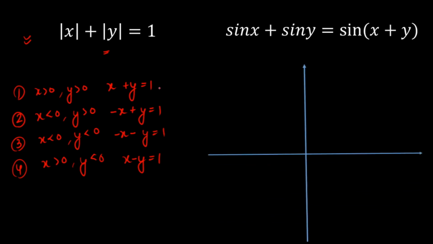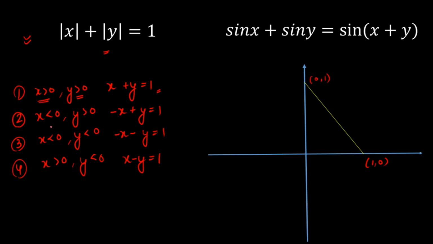Now if you look at the line, x plus y is equal to 1 is a straight line, and this is only valid when x is positive and y is positive. That means I'm entering into the first quadrant. Now it's a straight line, that is x plus y is equal to 1. As you can see, x-intercept is 1 and y-intercept is also 1. So our line will be something like this. That is x-intercept is (1, 0) and y-intercept is (0, 1), as you can see here.